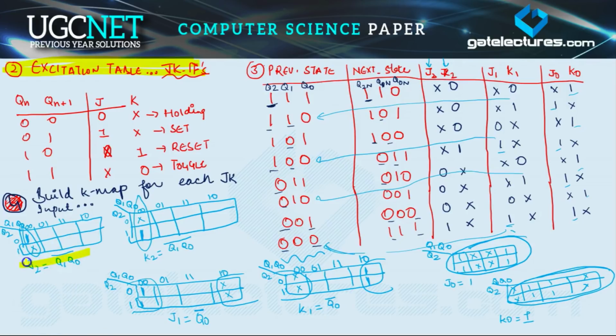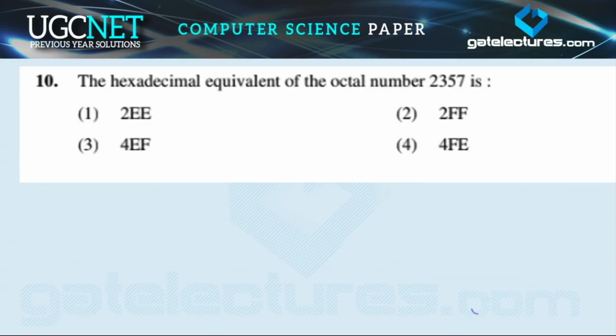So J2 is K1 and K2 complement, Q1 and Q0 complement. So J2 value is equal to K2 value. Now J1 is Q0 complement, K1 is also Q0 complement, so these are equal. Now J0 is 1 and K0 is also 1, so it is also equal. Now see,